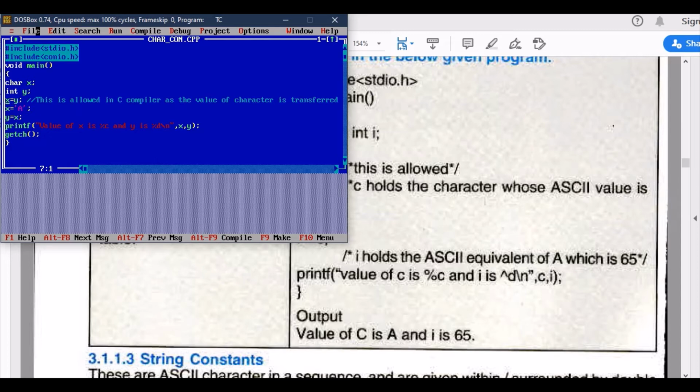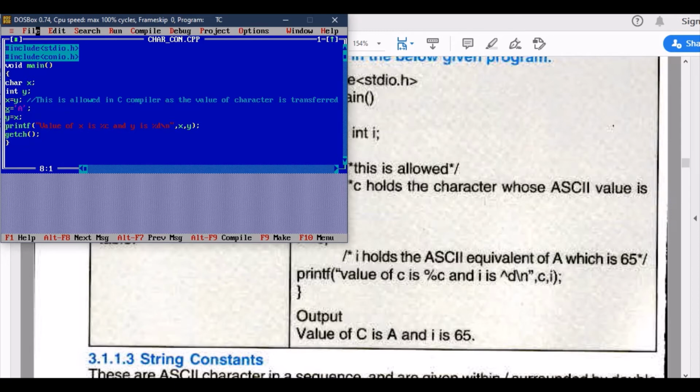Now in C you can assign one value to another. For example, here x is equal to y, the value of a character is assigned into an integer data type, and this is completely okay with C language. This is allowed.